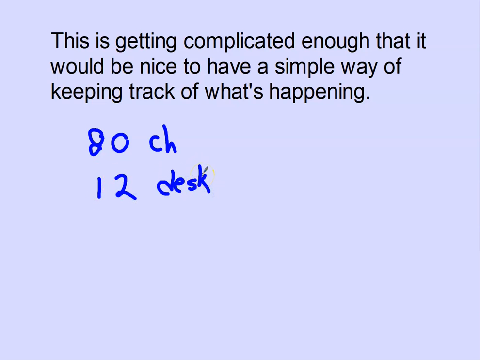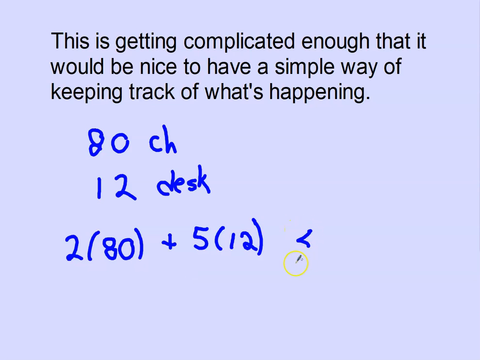Well, you would multiply the 2 hours it takes to make a chair times 80, and you'd multiply the 5 hours it takes to make a desk times 12, and you'd add that together and you'd say, look, I'm hoping that isn't bigger than 280. So I'm going to write that. I'm going to hope it's less than or at least equal to